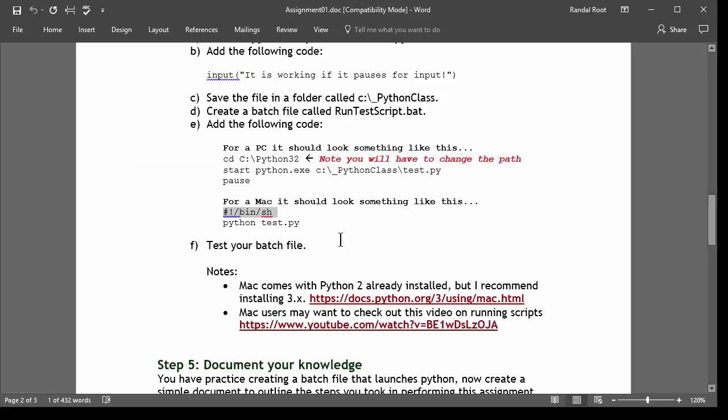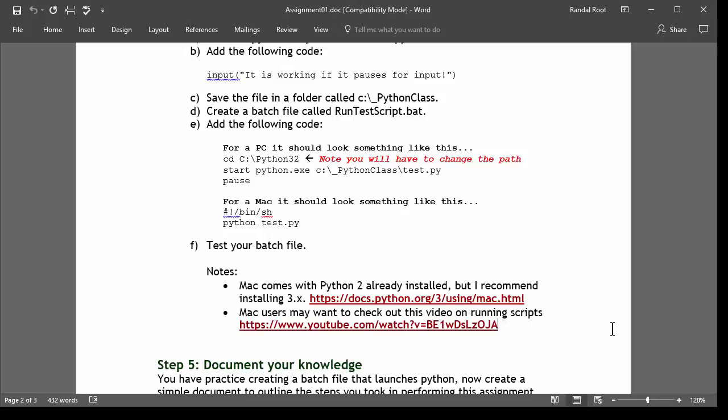If you're working on a Mac, it will look something similar to this. So it just really depends on what OS you're working on, and once again, you need to take responsibility for which operating system you've chosen to use. You also need to take responsibility for which Python version you've chosen to use. The course is instructed on Windows and Python 3 point whatever. If you're using Python 2 point whatever, there will be some slight